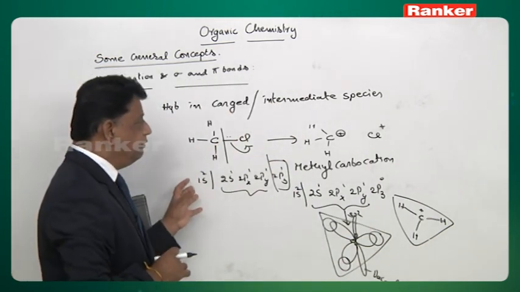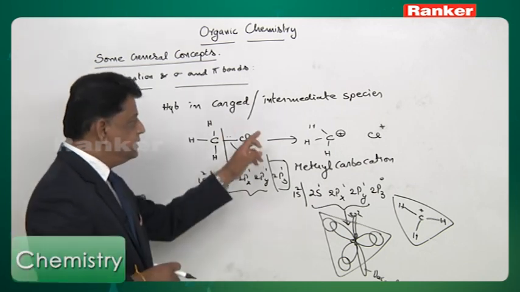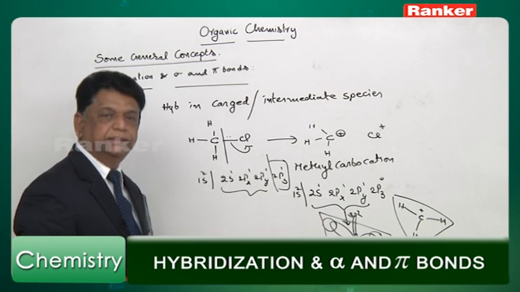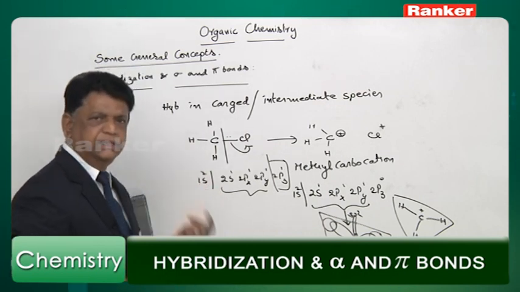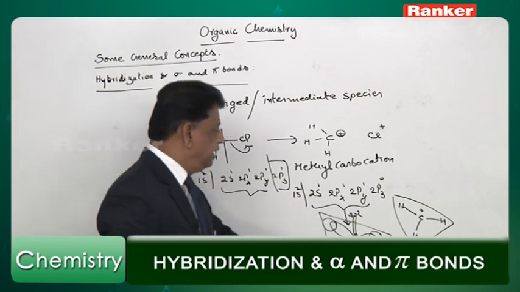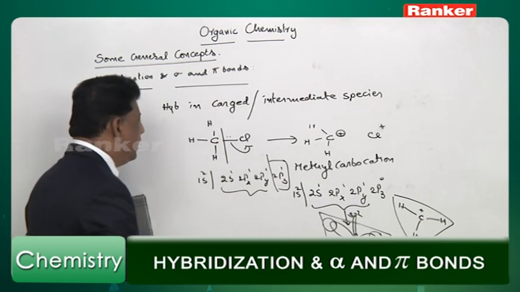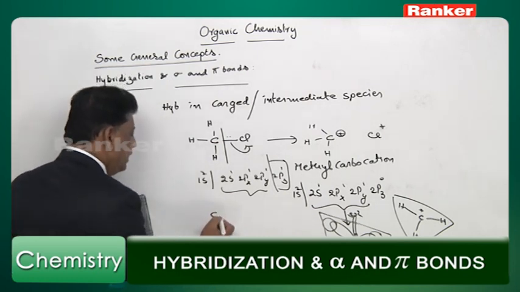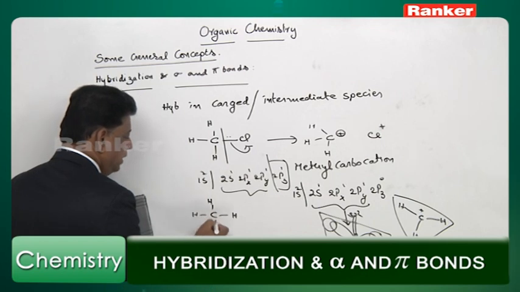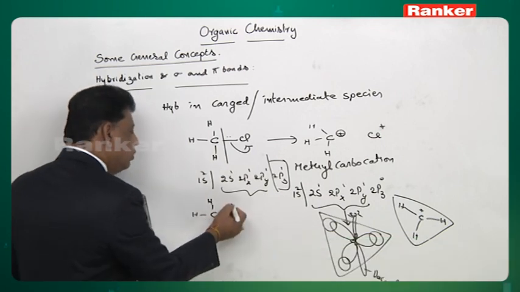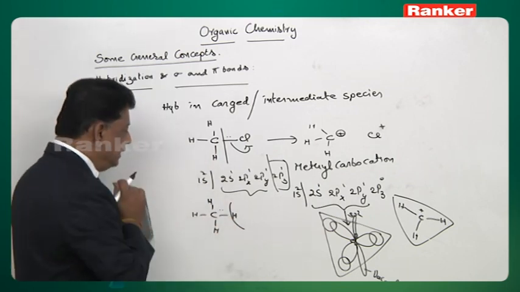Whenever the carbon gets this type of positive charge, when 3 sigma bonds are there, a positive charge will be there, 3 sigma will be sp2, as we have already seen in the chart. Now, there is one vacant orbital because of the loss of 1 electron. Sometimes what happens, in the other case, if a methane molecule loses this H as H plus, leaving the electron to the carbon only,